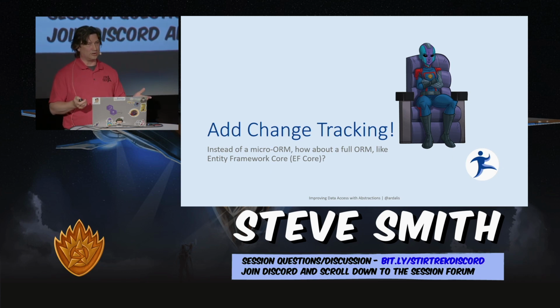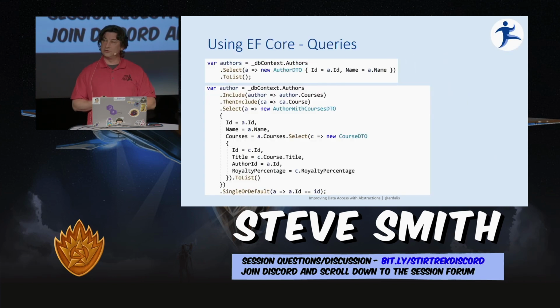Entity Framework Core is the de facto standard ORM that ships in the box with .NET. So let's see how that works. If we're going to use EF Core, simple queries are pretty trivial, right? We're going to use a DbContext. The DbContext is the standard way you operate within EF Core. And for us to just get select star from author, maybe even just project it or map it into our